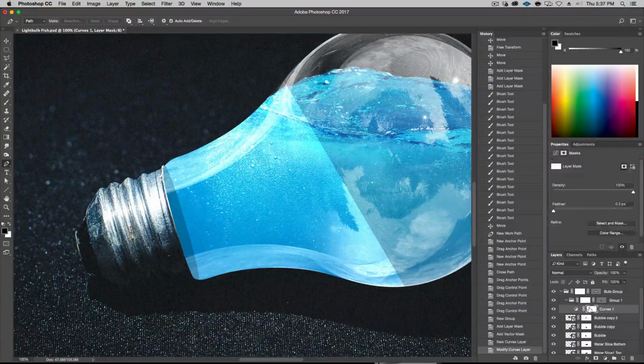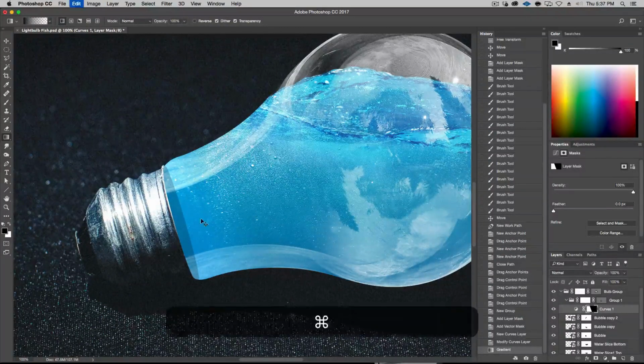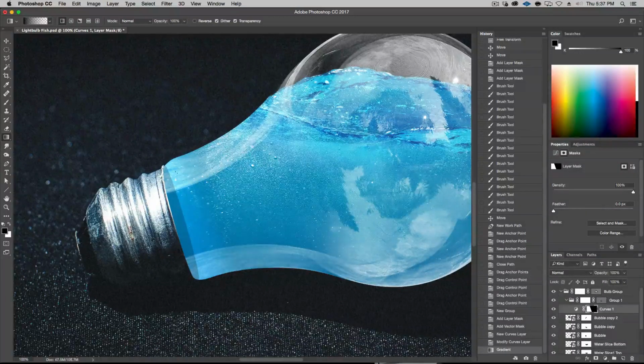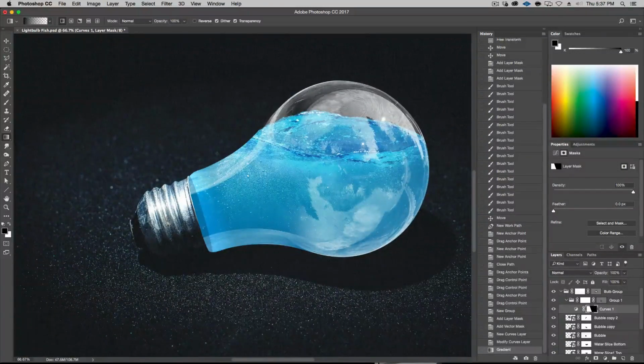Okay, but I don't want it to do it everywhere. I want to take a gradient, black to transparent. I'm going to say disappear down here. So I just want a little bit of highlight. Maybe that's too much. Let's go like this, right? So it's just a highlight in the bulb, but it looks like this bit is shadowed, right?